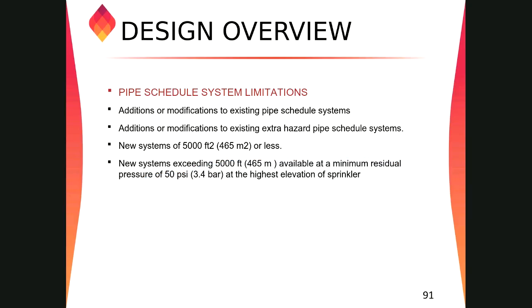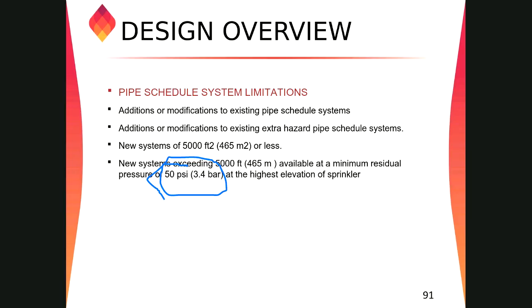So why are they asking for 50 psi in the pipe schedule system? Because in the pipe schedule system they don't have to perform hydraulic calculations. Without performing hydraulic calculation, we have to support it by manual calculation, by hand, using some different tables and formulas from NFPA 13, and submit those to the consultant to do the plan, right? Mostly it's happening for projects which have already been installed. It is never allowed in a new project.